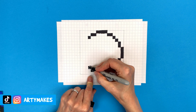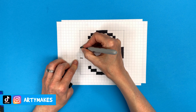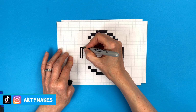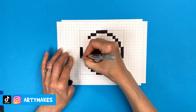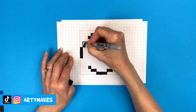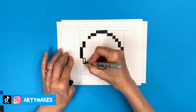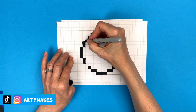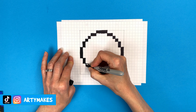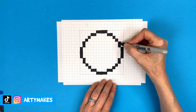Now I'm trying to make this so you can follow along, but if I was doing this not on camera, I probably would be twisting my paper around. But I don't want to do that because I think that would just be confusing for you when you're watching. So 2 on that side and 2 on that side, and then I'm very nearly done. And 1 over here, and 1 there. Okay, so I've got my basic circle now,